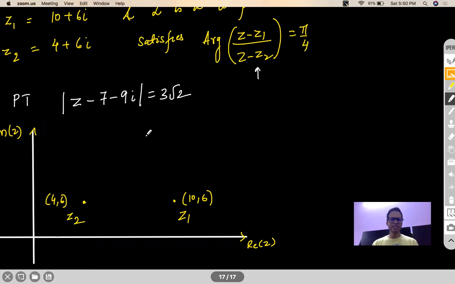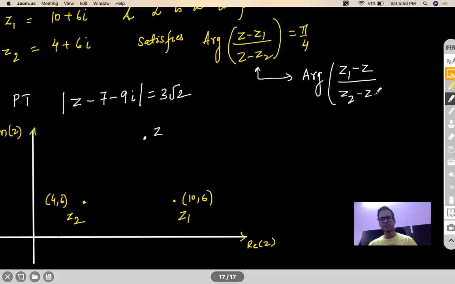Correct? So let's say I take an arbitrary position like this Z. Then it satisfies this condition. Now, if you read this from a slightly different angle, you can read it like this: Z1 minus Z, Z2 minus Z. Basically, I've flipped the position of numerator and denominator terms. It doesn't make a difference to my entire expression. It is like taking a negative sign common from both numerator and denominator and cancelling it out. Now, when you see this, it gives you a feeling that some kind of rotation is happening with the pivot at Z. So this gives you an idea that there is a rotation with the pivot at Z.